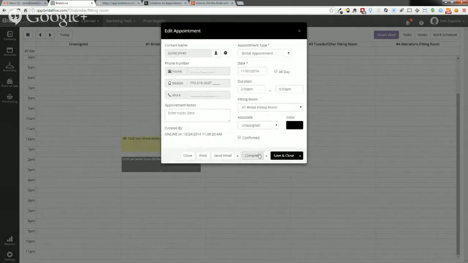appointment. Now, one of the things that you want to make sure you're doing is following a process so that later in the year, or whenever you're looking to get some sort of actionable data out of the program, you can actually do that. So one of the things that's nice about BridalLive is you can mark appointments as canceled or mark them as no-showed or complete them. And then later in the year, if you want to see how effective you are at getting contacts to come or brides to come into your store, you can do that with one of our reports. And also, if you find that you're getting a lot of cancellations or a lot of no-shows,